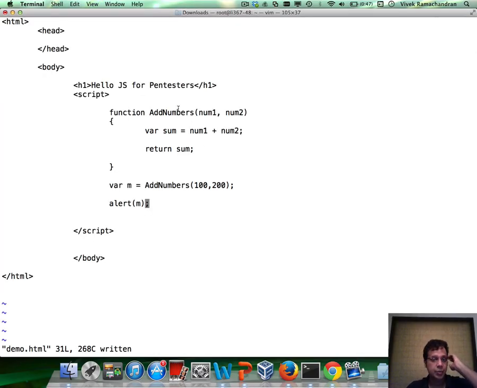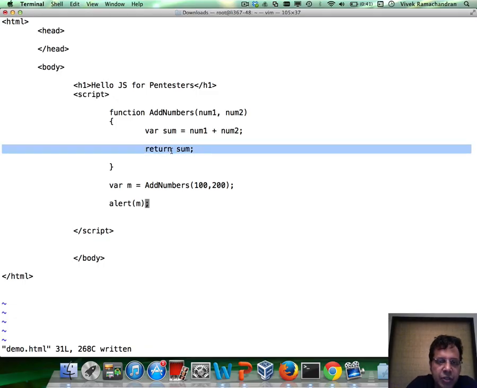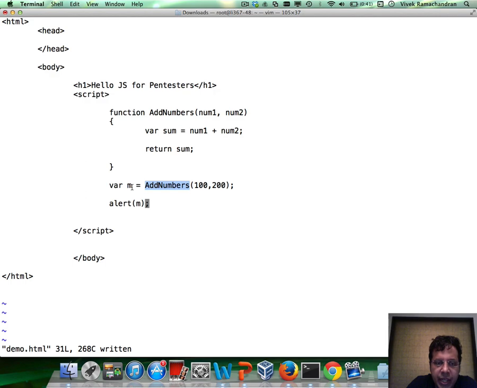So in this case what we've done is we've made the function return a value, and then we are storing that inside m by defining a new variable in here, and then finally we just use the alert box to